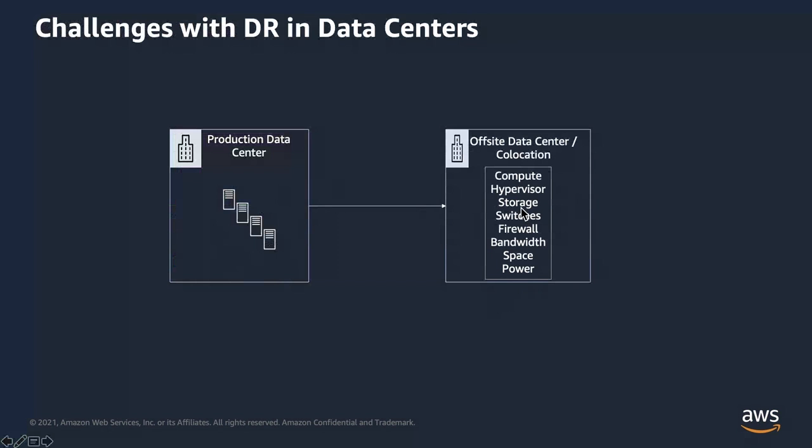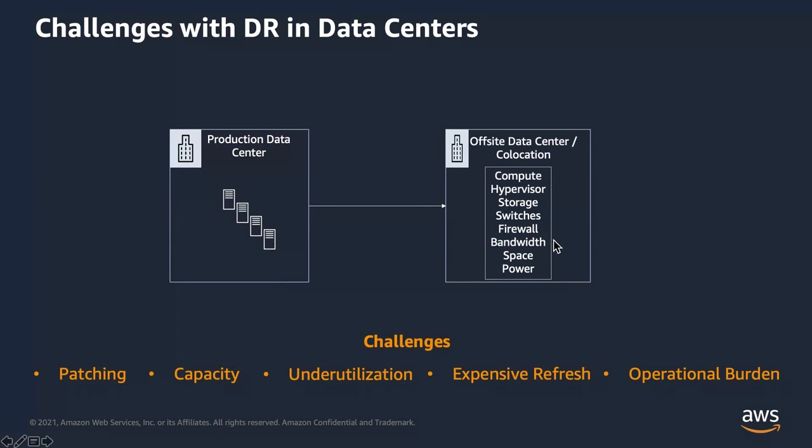So you need to pay for all of this infrastructure 24/7. And there is a massive capital expense typically. And then, of course, there is more infrastructure such as SAN switches or network switches, firewalls, bandwidth, space, and power. All of this adds up. And the challenge is you got to keep patching all these systems, right? And then capacity management has always been a huge burden. As organizations grow, they add more workloads, the data grows, and whatever the design was in place does not scale linearly. And capacity management is a major challenge.